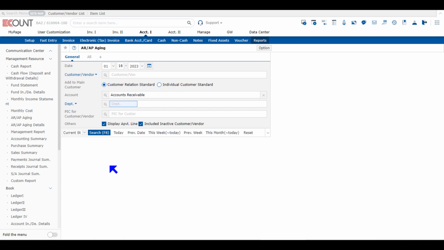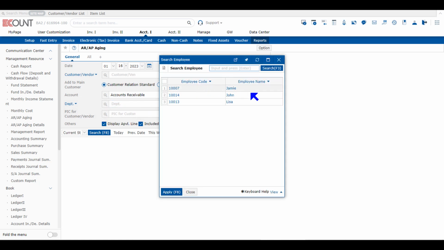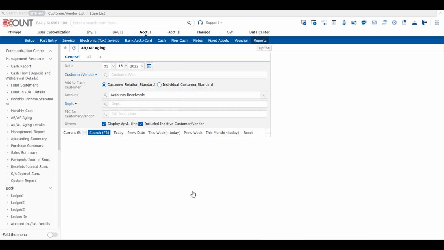And in PIC for Customer Vendor field, if you connected a PIC for each customer and vendor in Customer Vendor Setup menu, you can use this field to search by a particular PIC and view the data entered with the selected PIC. And if you click Search button,